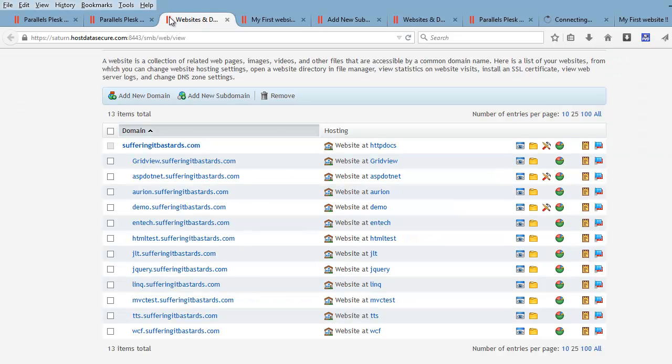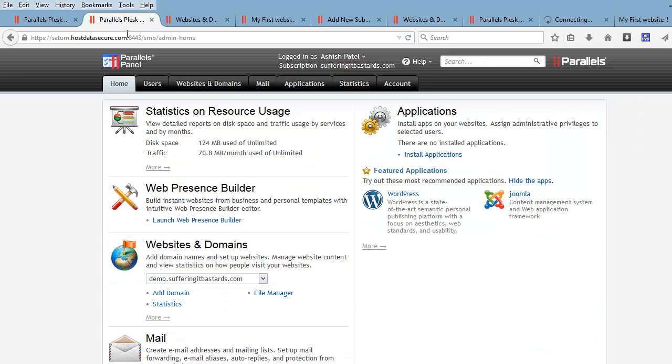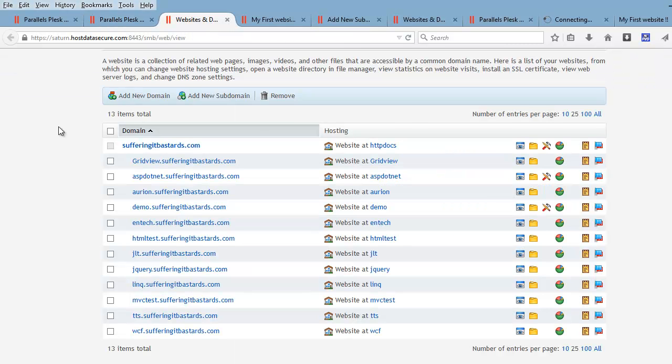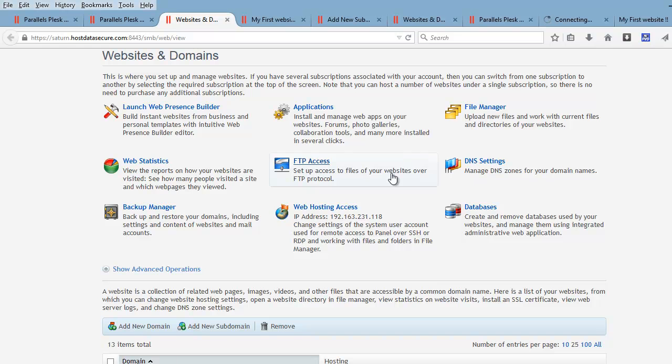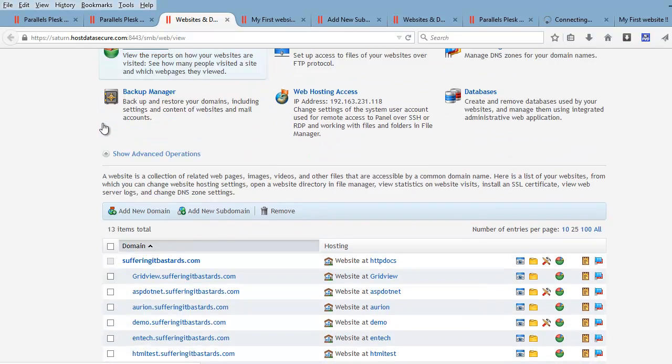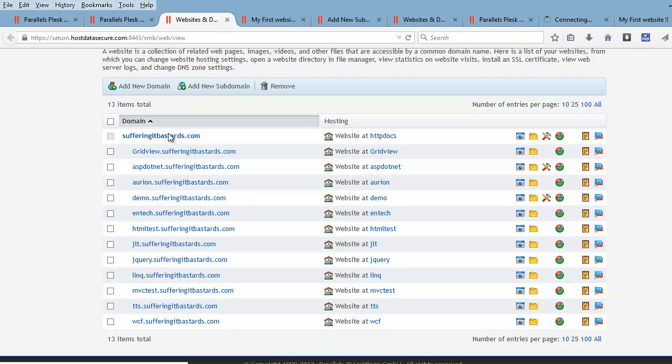So I'll do a quick recap of what we did. First, we got ourselves into the control panel, right? How did we get in? We bought the domain name and the hosting space. Once we got in, we looked at our website and domains. Of course, I'm not ignoring everything you're seeing over here, but there are a lot of things in here. My point is, once you get mature, you will be able to understand what these things are and how to use them, right? And when we came here, we looked at our domains and subdomains,